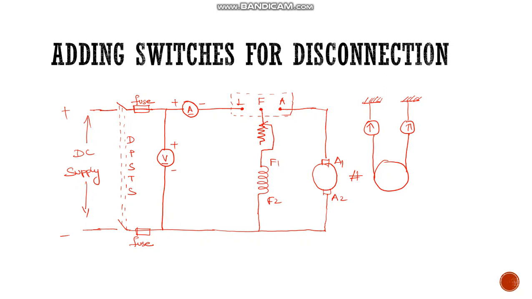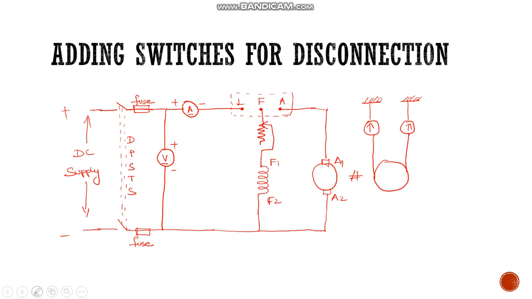So next one is adding switches for disconnection. The last one concerns switches. The purpose of the switches is that if you have any problem on the motor side, we have to disconnect the supply from the motor. So we add switches between the main supply and the DC motor. So for drawing the circuit diagram, we have to go from the back towards the front. Okay, so as far as the final circuit diagram is concerned,